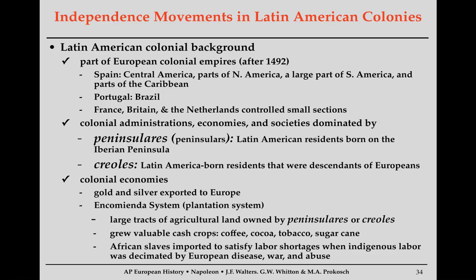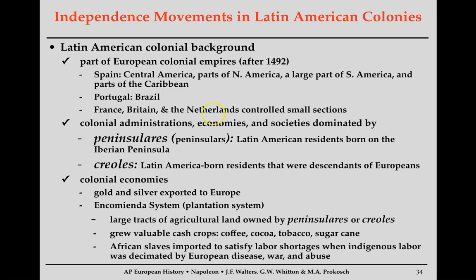All right, so here we will have a glimpse of how various Latin American countries become independent. So first, what actually is Latin America? Well, Latin America is basically South America, Central America, the Caribbean, these parts of the world that were colonized by the Spanish, the Portuguese, and other Latin-based languages. So the Spanish controlled a good portion of South America, Central America, the Caribbean, some parts of North America, like Florida. The Portuguese control Brazil. And then, of course, we know the British, French, and the Dutch have smaller sections of the Caribbean, of Central America, some parts of North America.